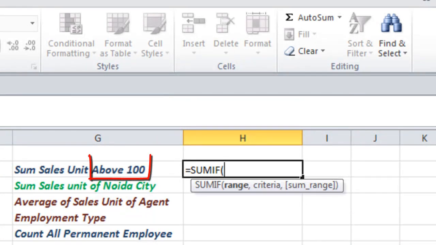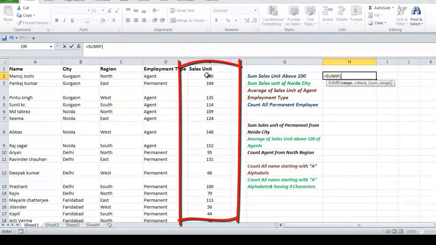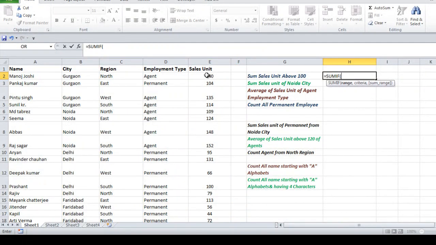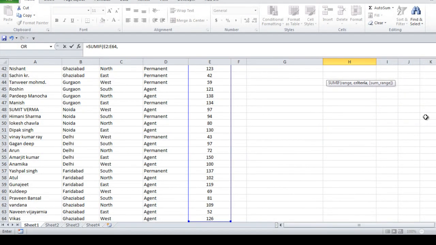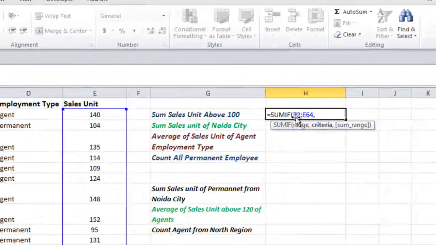Now your criteria is above 100 and that criteria is in this particular range, which is sales unit. So you need to select this particular range like this, comma, and now it's asking for criteria. Now the criteria in this range is above 100 and the criteria you need to write within quotation. So within the quotation I am typing greater than 100,